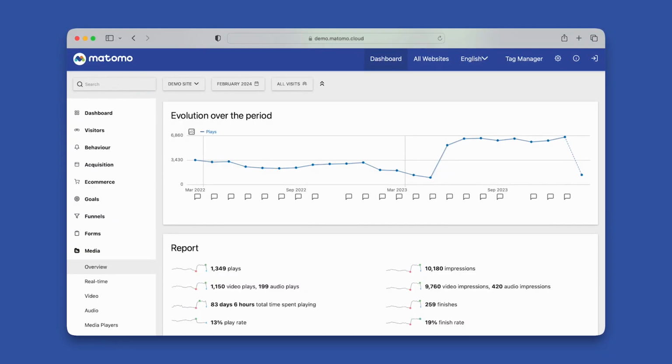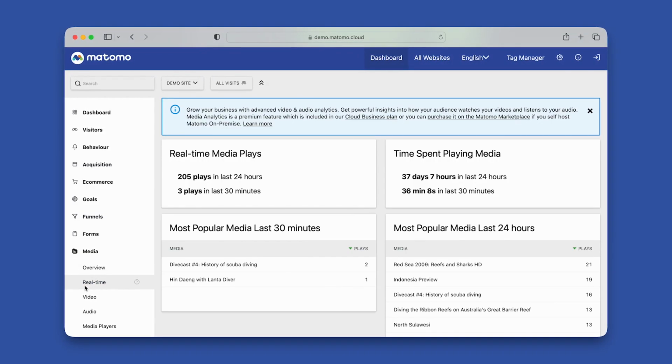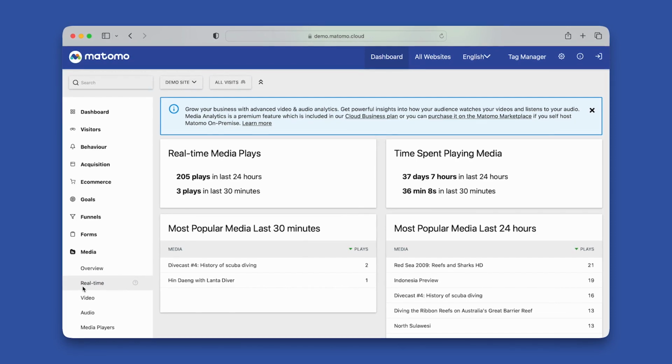Next, testing out different media types is crucial. This means adding videos and audio into your content. Don't just take a random guess by throwing stuff against the wall hoping it sticks. Instead, look at your media analytics reports in your website analytics solution and see what media people spend the most time on. For example, you can use Matomo's media analytics feature to see what kind of video or audio content